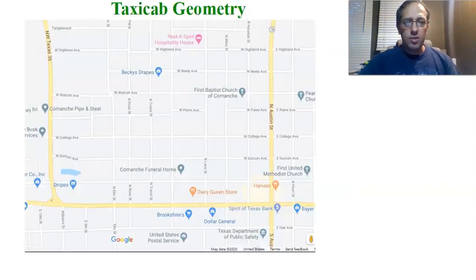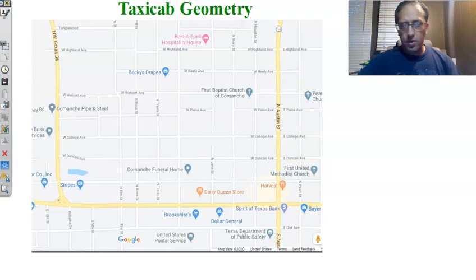All right? For example, this is taxicab geometry. It's like a taxi cab. If I wanted to go, for example, from one point to another, right? Generally, we would just draw a straight line. But if we're looking at taxicab geometry, if I want to go from the Methodist Church to Brookshire's, the people over there at the Harvest are going to be a little bit annoyed at me for driving my car straight through their restaurant, right?